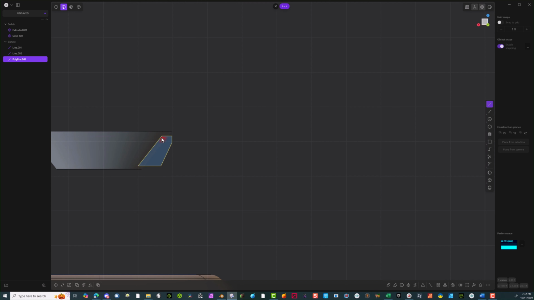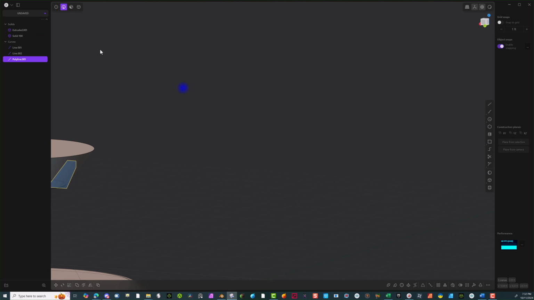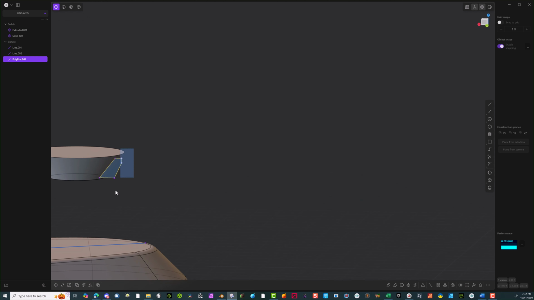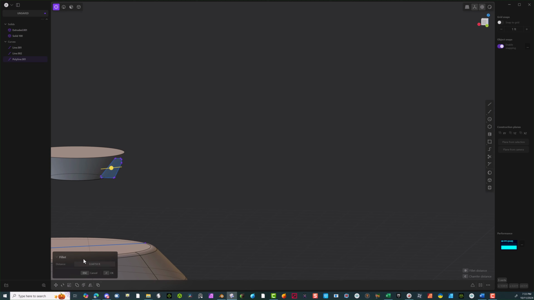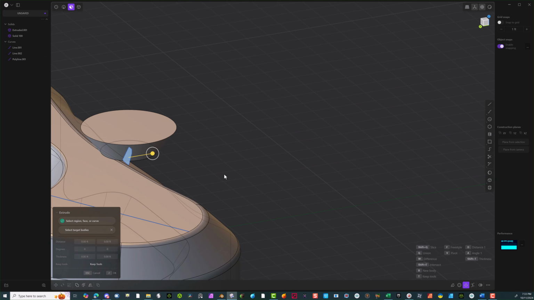And we can actually hit the face tool with the points here and actually do a nice fillet there. So select those, hit B, pull it down into plus, hit OK. We can select the face tool here, and we'll also extrude this out, like about there. Hit OK. Okay,